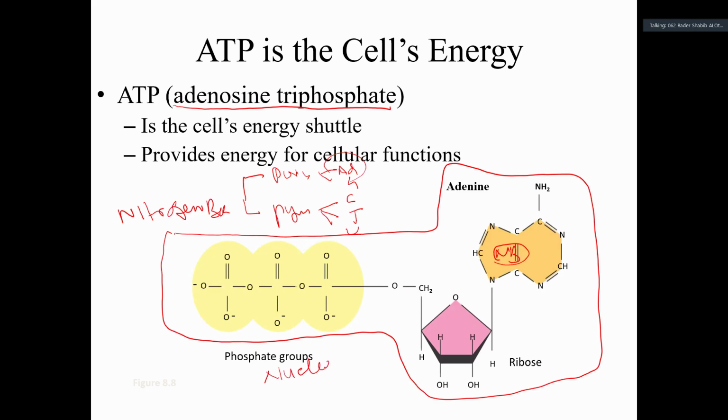Nucleotide. And nucleotide is a building block of nucleic acid. And nucleic acid are of two types. One is DNA, another is RNA. We know this up till now, and this is very clear. In addition to this, this nucleotide, which is a building block of